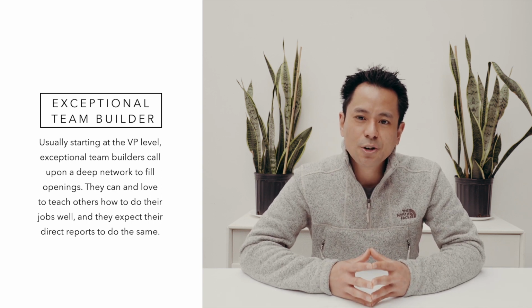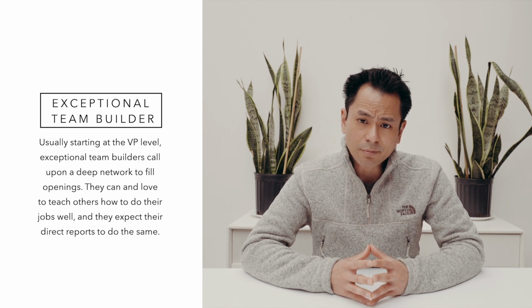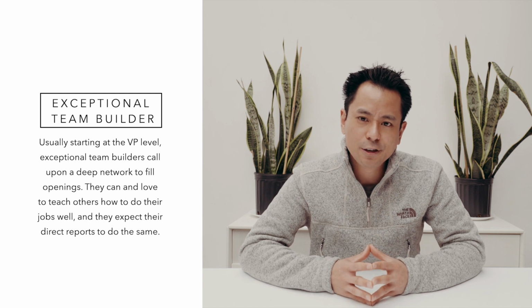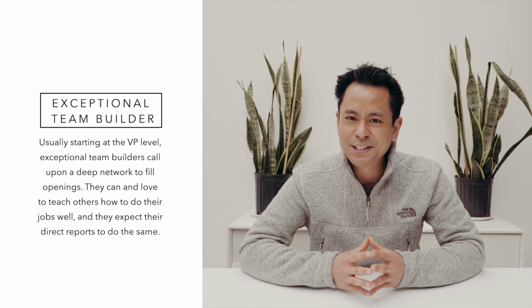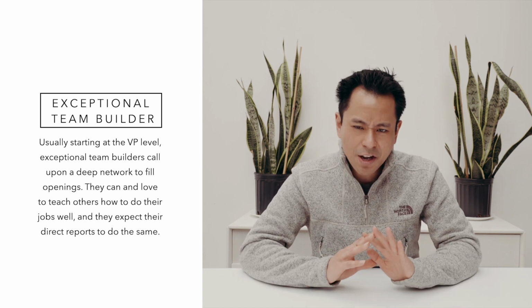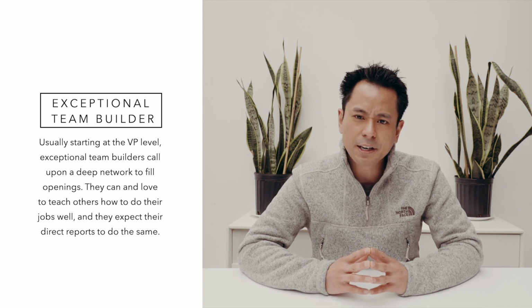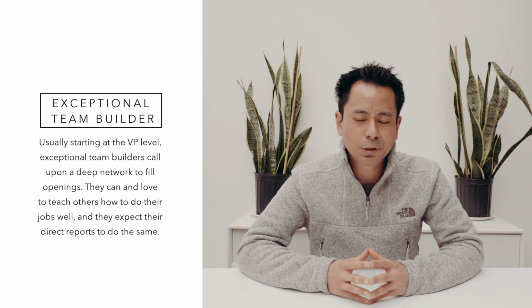The other thing that I do see these folks do as a team builder is to have a willingness to train their product managers on the basic fundamentals of product management. I see some executives kind of say, you know what, I'm too senior now, it's not my responsibility to teach them the basics of product management, but the best of the best PM team builders will absolutely get into the